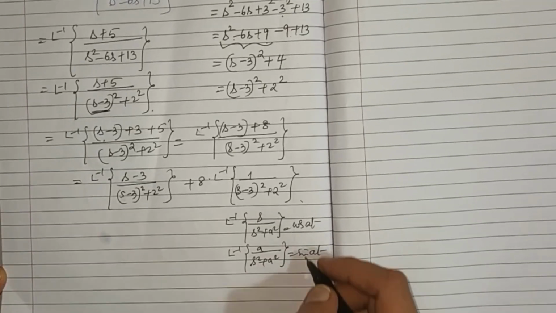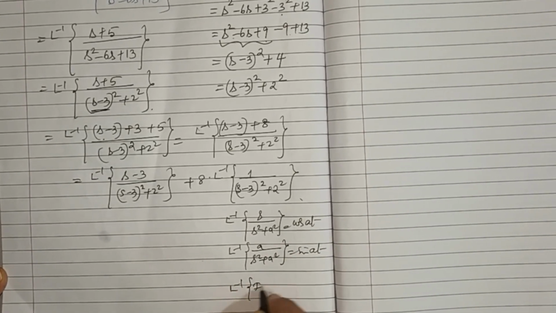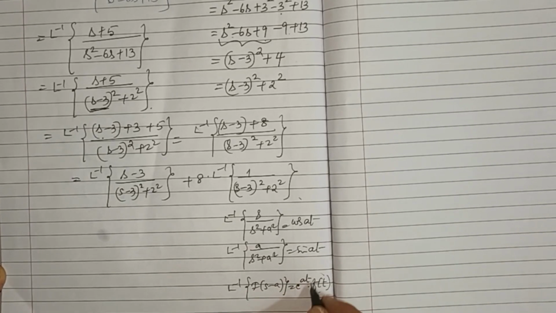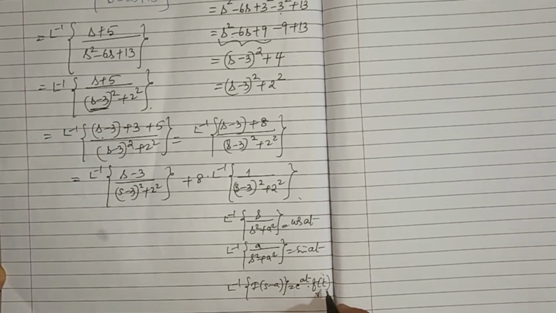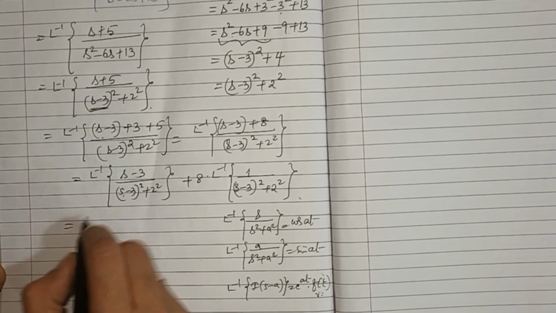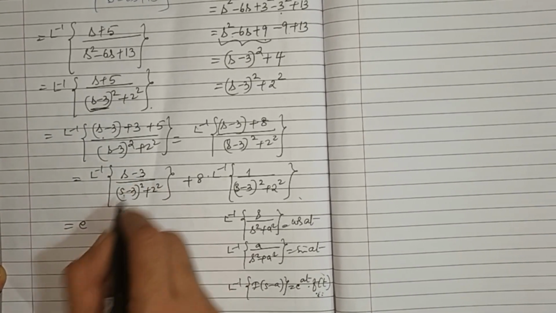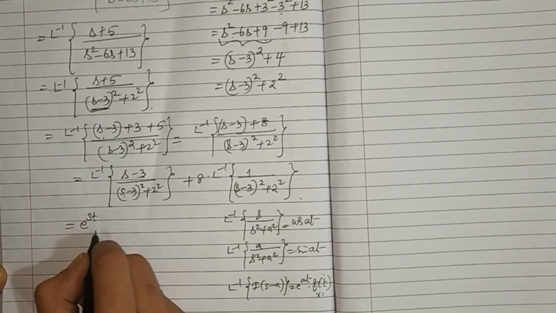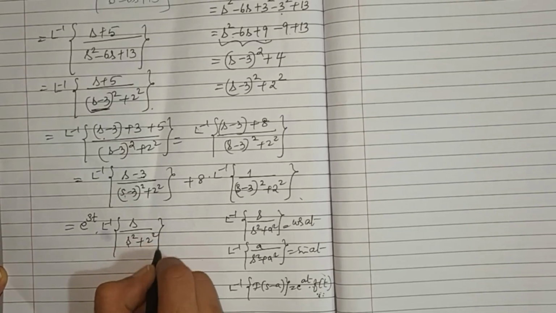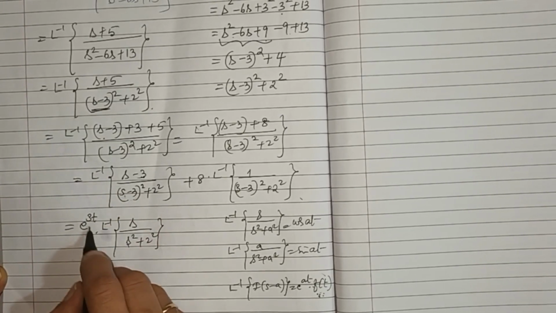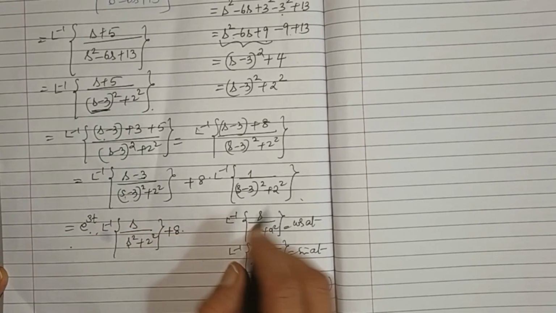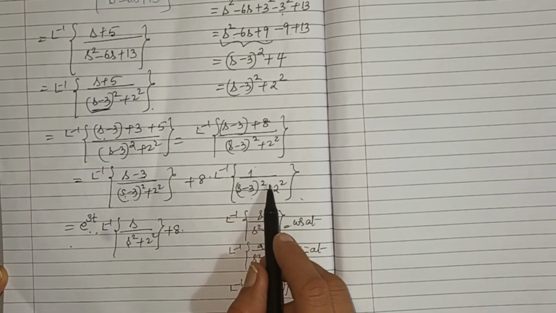And there is one more formula: inverse transform of F of s minus a is e power at into f of t, where f of t is the inverse transform of F of s. So here s is replaced by s minus 3. So this becomes e to the power 3t, since a is 3, into the inverse transform of s by s square plus 2 square, because the factor for s minus 3 is e power 3t, which is taken outside, so this remains, plus 8 into